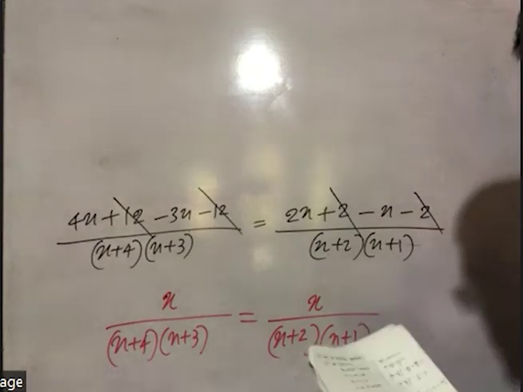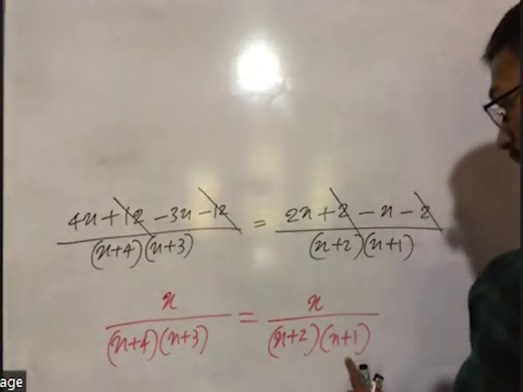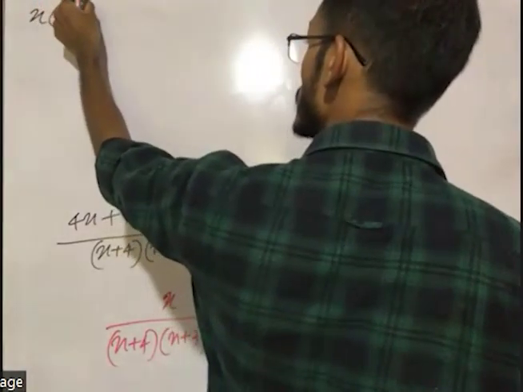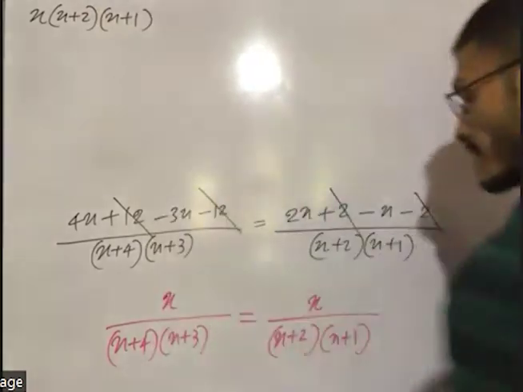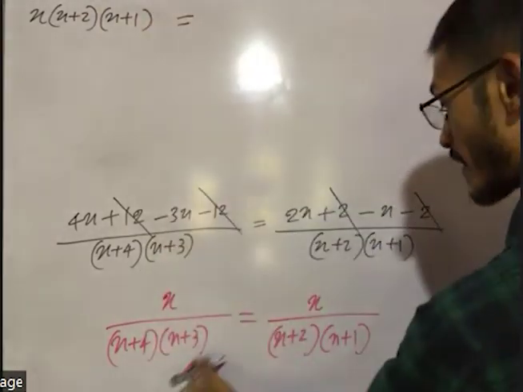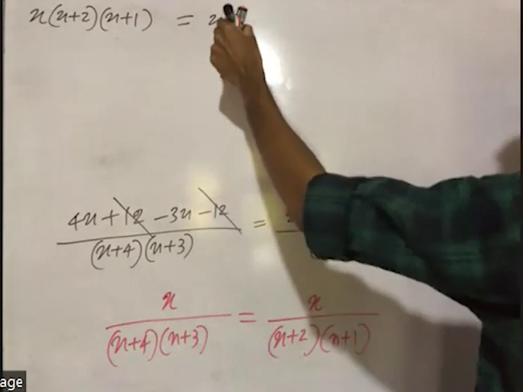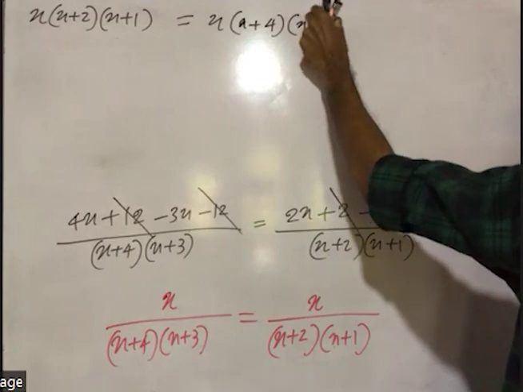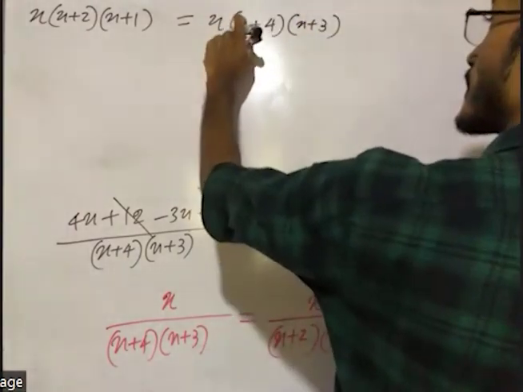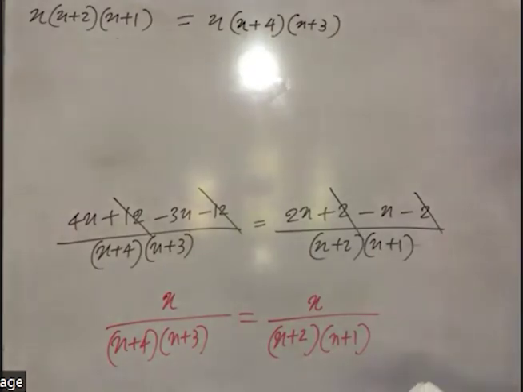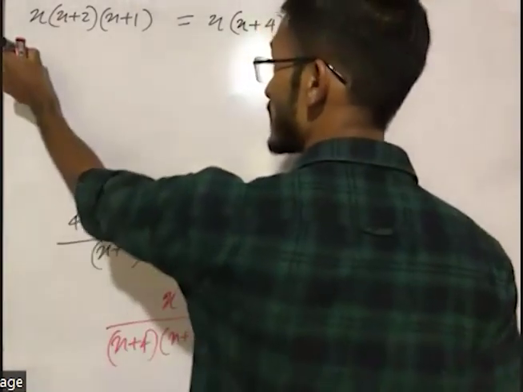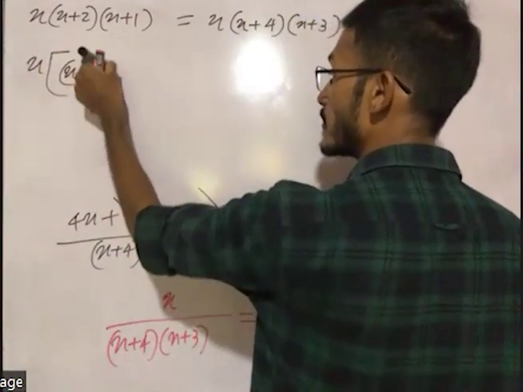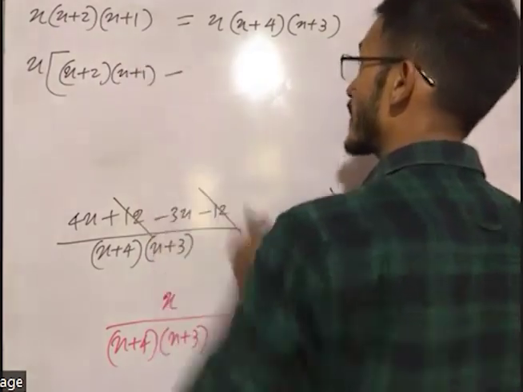Right. So if you cross multiply this, x plus 2 into x plus 1 into x, then we can write down x into x plus 2 into x plus 1. That is equal to, here also we can cross multiply, x into x plus 4 into x plus 3. Right. x plus 4 into x plus 3. Right. Then we can separate, here we have x is common. We can separate x. Here we have x plus 2 into x plus 1 minus,